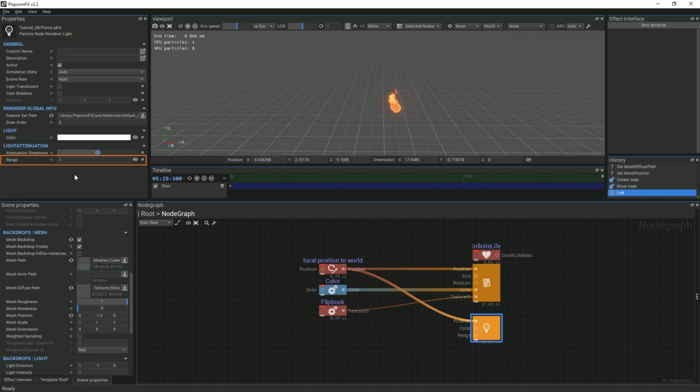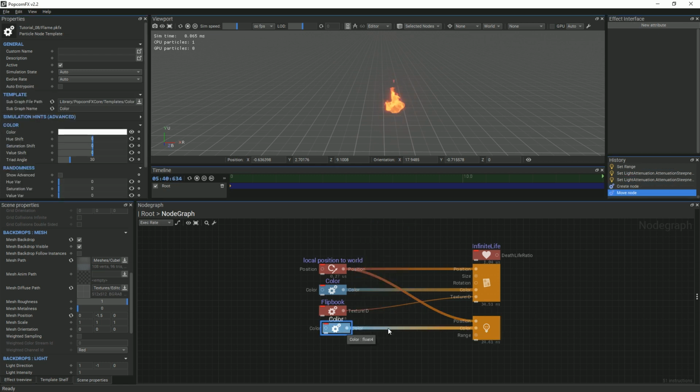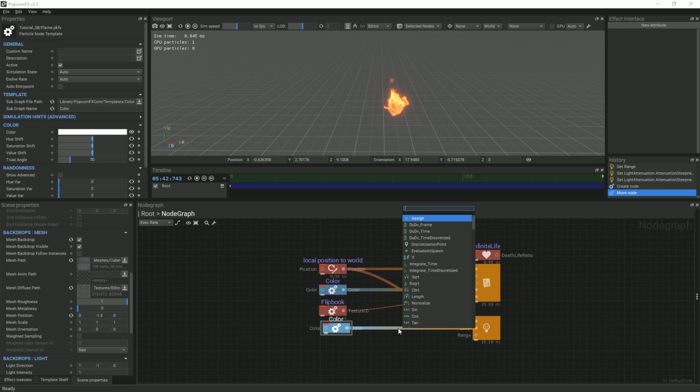Afterwards is the range. This controls the radius of the light. You can also adjust the fall-off of your light by changing the attenuation steepness value. In order to see the light, we will need to increase its intensity. We do this by scaling the color node. Add a multiplier node and scale the color by